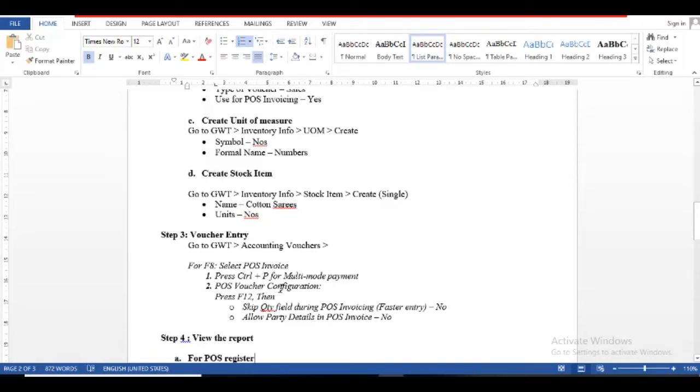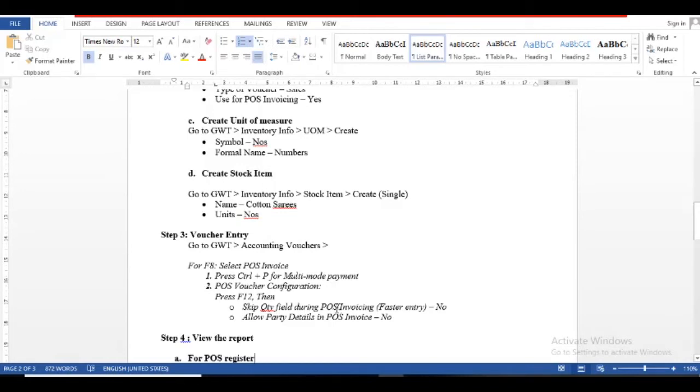POS voucher configuration you need. Skip quantity field during POS faster entry: no. Allow party details in POS invoice: no. Here, some shops give a single quantity, single person, single bills, so you skip the quantity field.